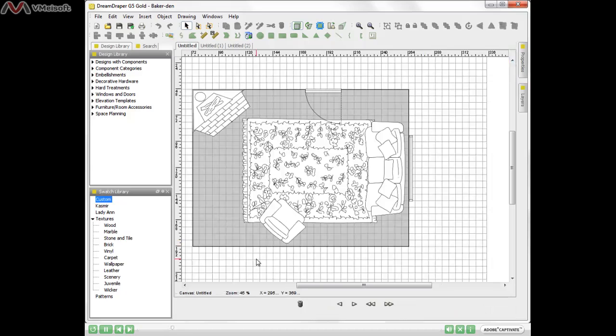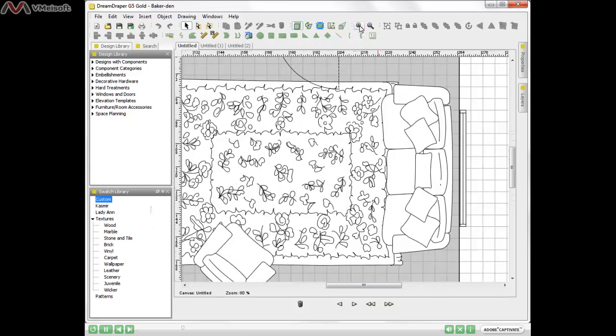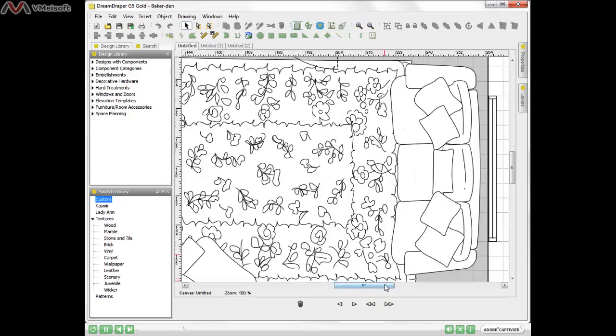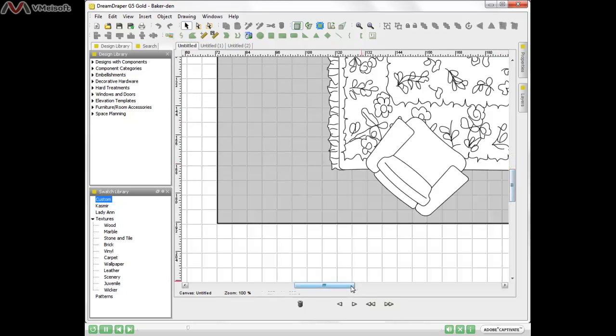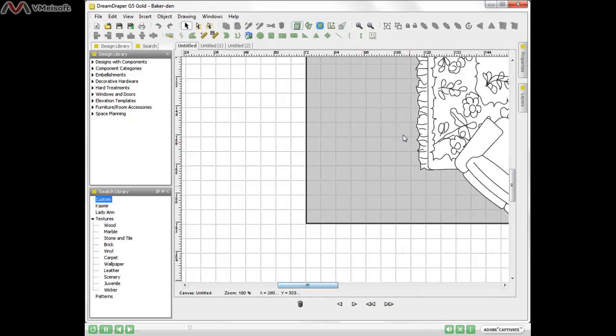Alright. I need to create an alcove over in this corner. So first of all, let me zoom in so I can see this a little bit better. I'm going to click on my magnifying glass. Alright, I need to extend the size of this room by 2 feet in this direction and by 36 inches